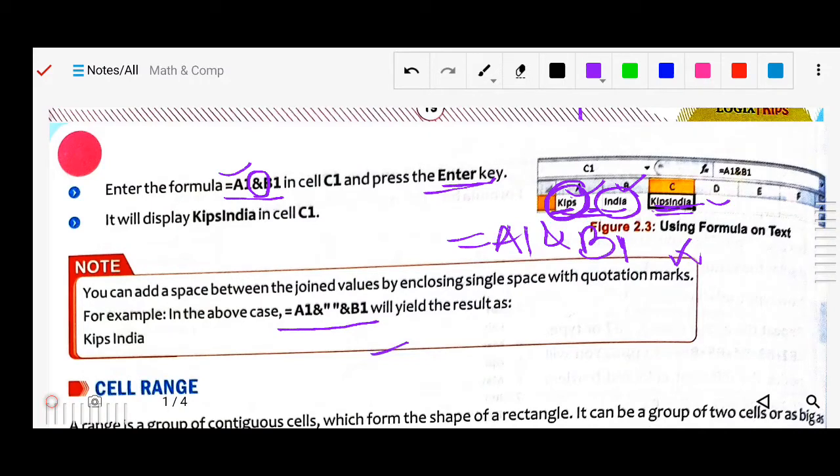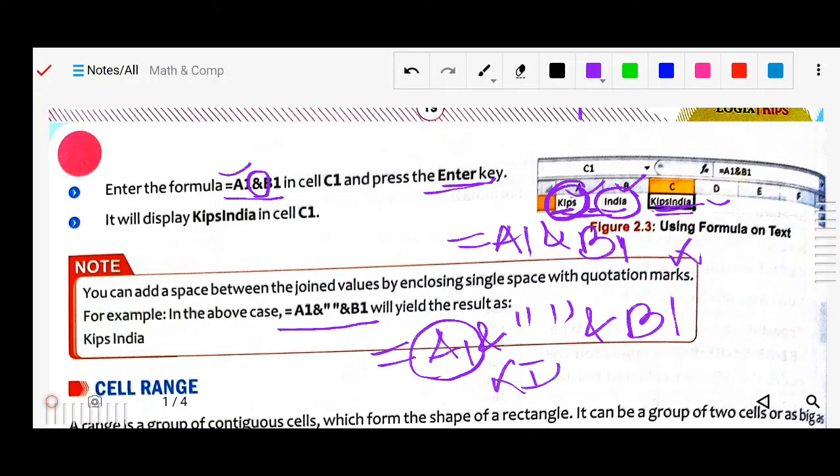The formula is equal to A1, ampersand sign, quotation marks, then ampersand sign and B1. The text of A1 is Keeps, so Keeps will be there, then because of the quotation marks there will be a space, and then India.